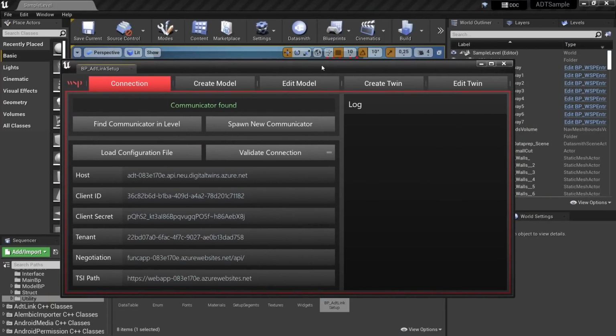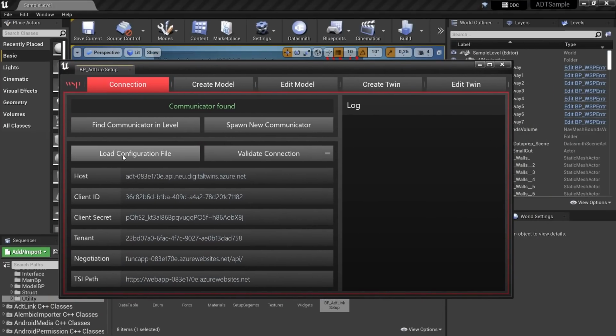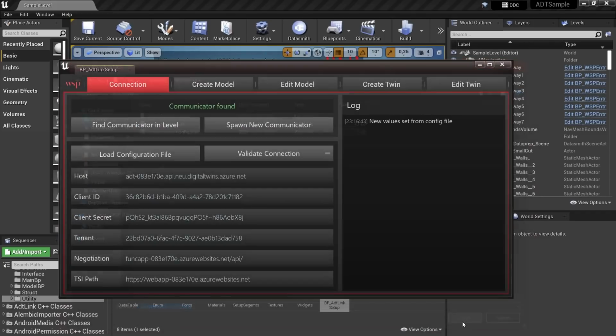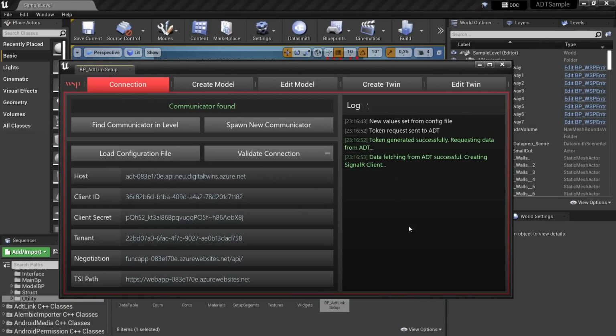So this takes care of the whole setup on the Unreal side. So here we can load the configuration file that we downloaded like this. If there's not a communicator in the level, which is a blueprint that talks to Azure, then we might need to spawn one. Otherwise, we can just validate the connection, make sure it's all good.